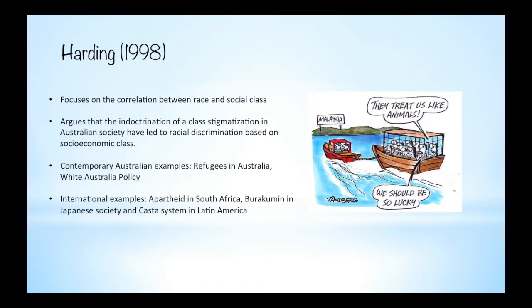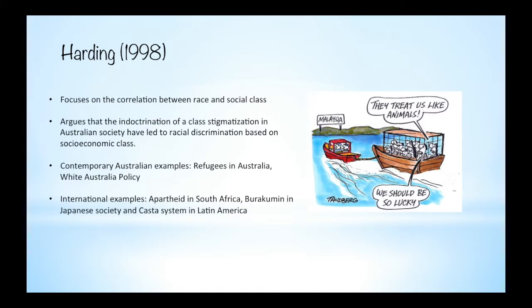Harding argues that the historical migration of people from less developed countries to the metropole and subsequently taking up lower paying jobs has led to racial discrimination based on their socio-economic status. She compared this to immigrants from wealthier countries who take up higher paying managerial roles and are less likely to face